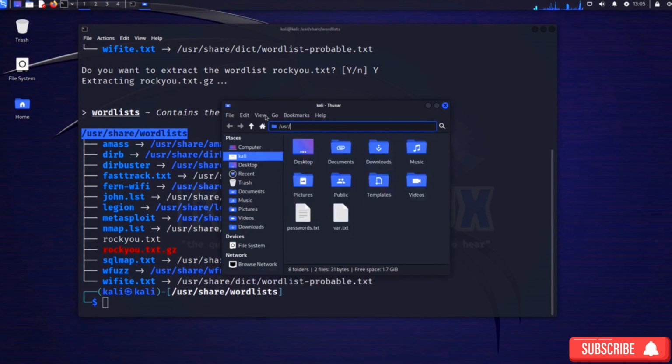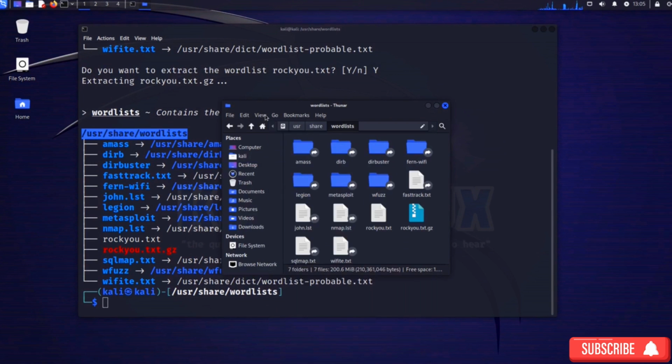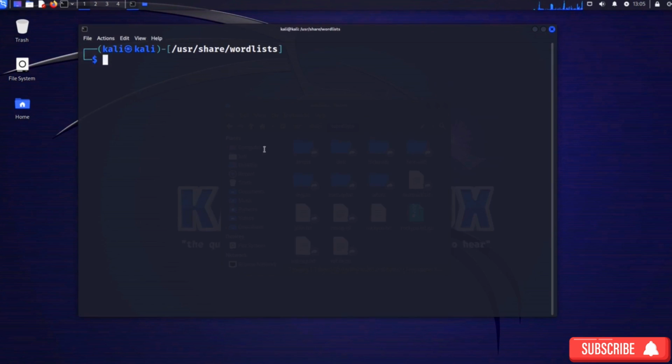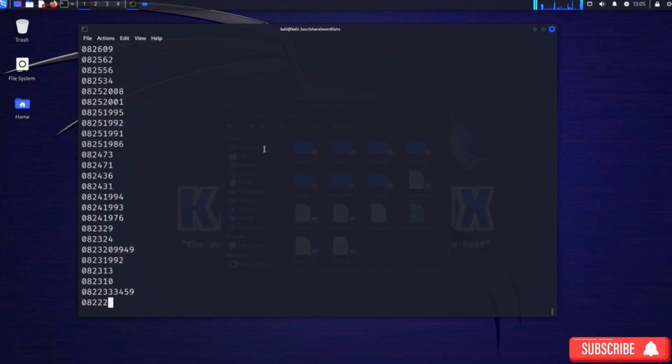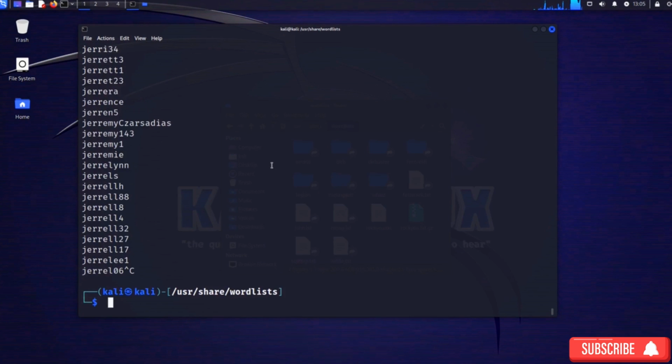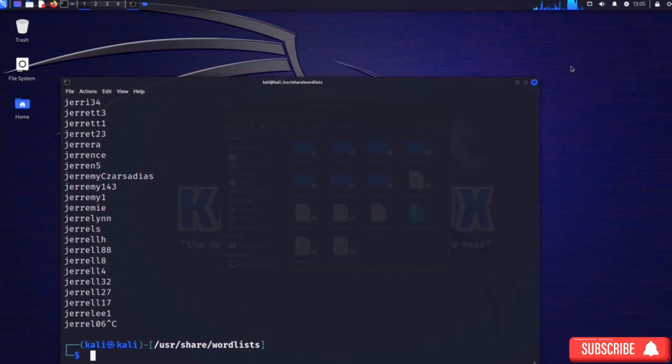We go to user share word lists, and we have a password list there, rock.txt. Now let's close this window. We right click here, open terminal, and we can simply output that list if you want. You can do it with the cat command, and you'll see lots and lots of different passwords. In fact, it's going so fast we can't even see it. So lots and lots of passwords are in that list rock.txt, and that's the list we'll be using throughout this